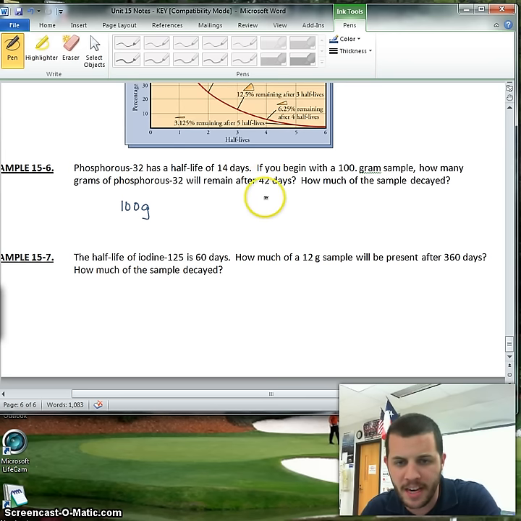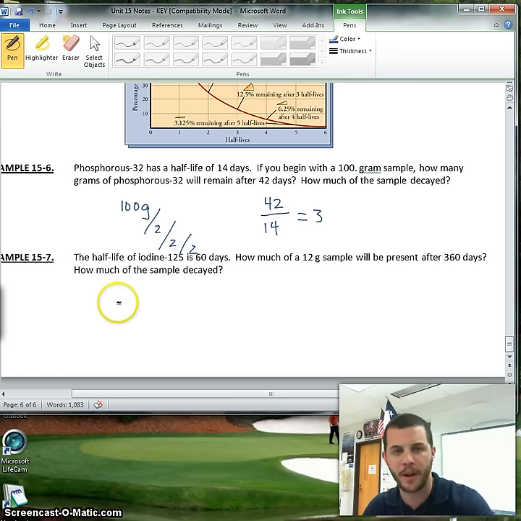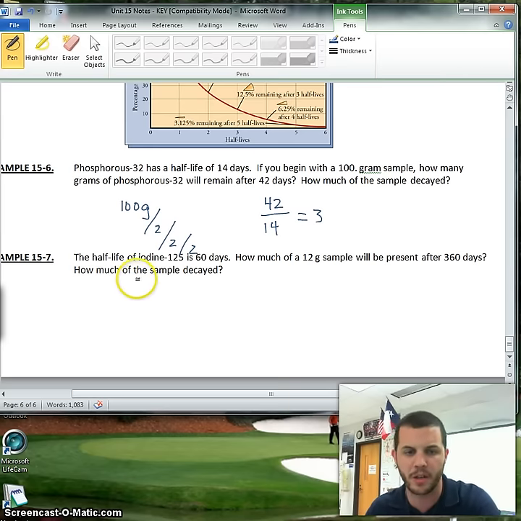Well, if I am going for 42 days and my half-life is 14 days, I can divide 42 by 14 and see that I undergo 3 half-lives. So what I'm going to do is I'm going to take 100 and divide it by 2. That's my first half-life. I divide it by 2 again, there's my second half-life. I divide it by 2 again, there's my third half-life. So I can literally put on my calculator 100 divided by 2, enter, divided by 2, enter, divided by 2, enter. And I get that my answer is